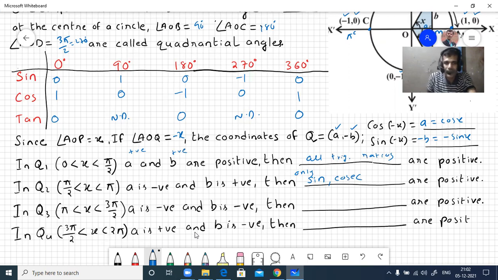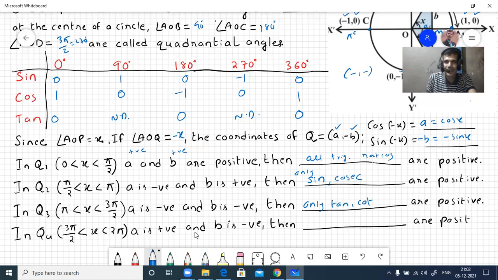Okay. Now come to the third quadrant. Third quadrant, you know, is pi to 3 pi by 2, that means 180 to 270 degrees. In the third quadrant, both x and y are negative, no? A is negative, B is negative. Sine is negative, cos is negative. But tan is sine by cos, no? If you divide two negative numbers, the quotient will be positive. So here only tan and its reciprocal cot are positive. Remaining all other trigonometric ratios are negative.